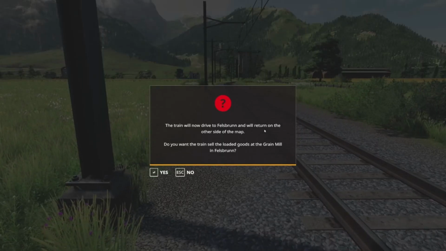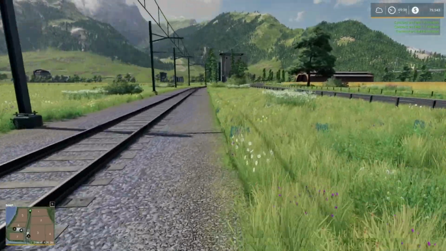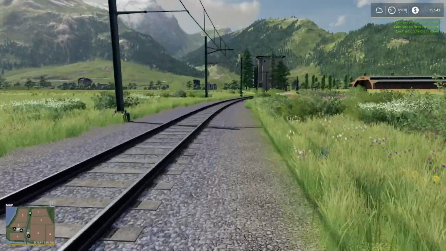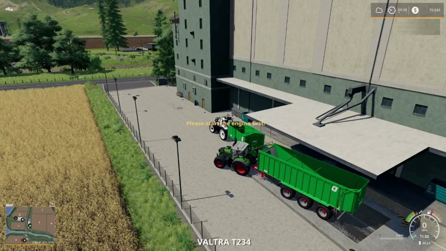Yep, train will now go to Felsburn and will return on the other side of the map. Do you want the train to sell the loaded goods at the grain mill in Felsburn? Yes. You don't get any of the spare? Well, that's dumb. Well, the upside is I can...